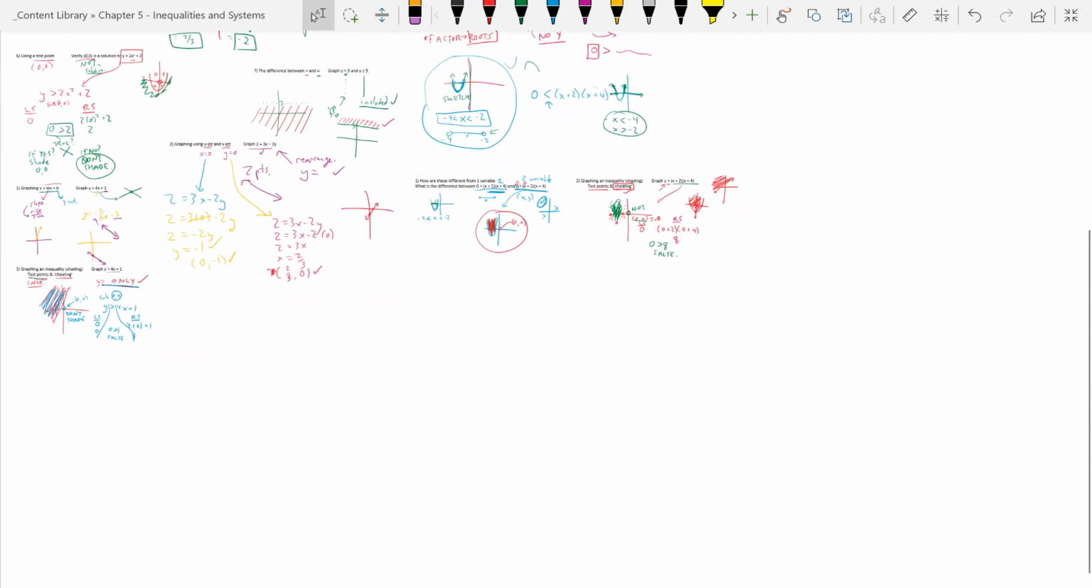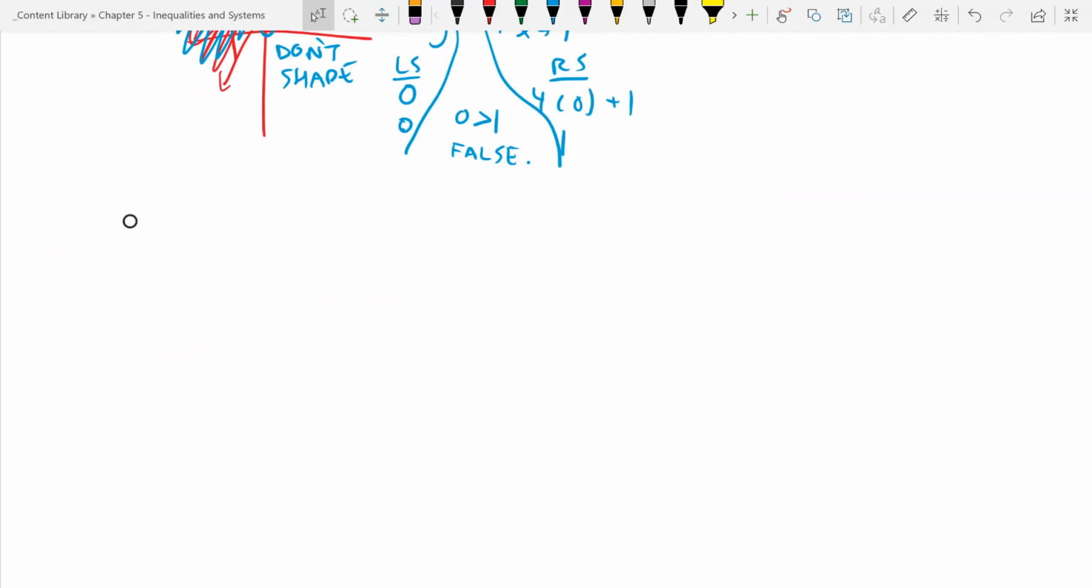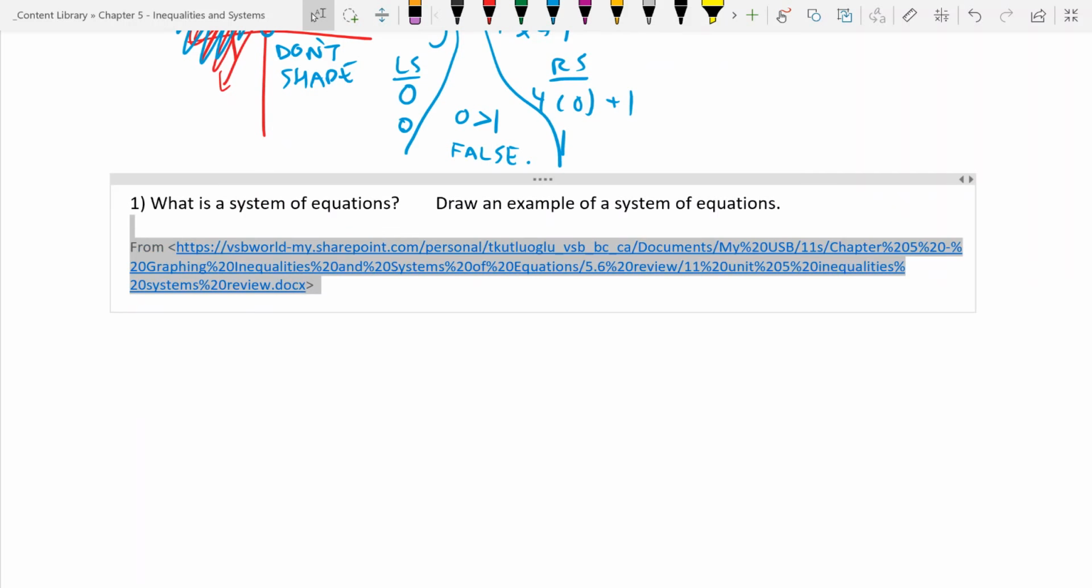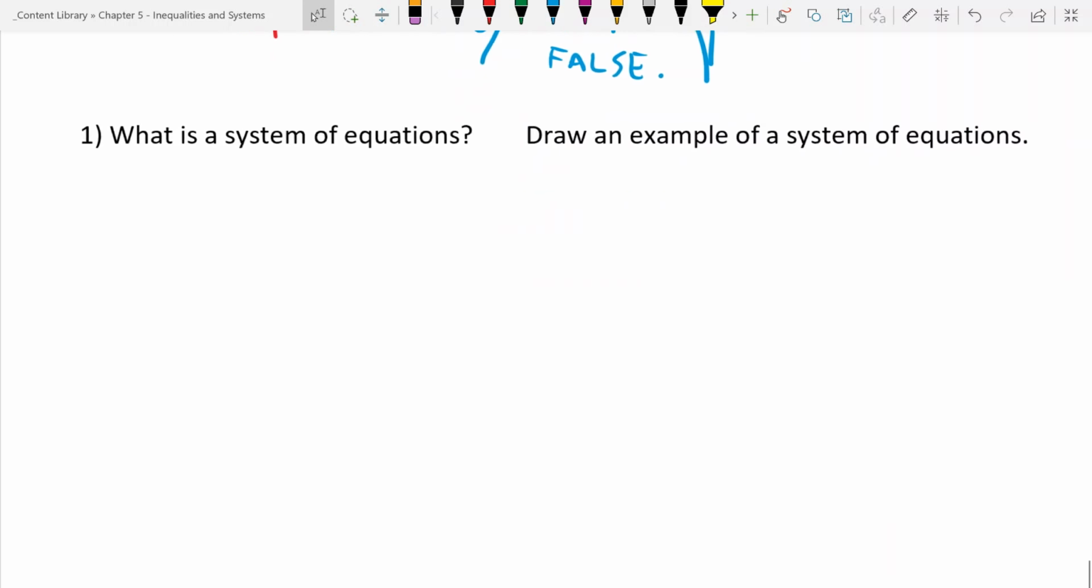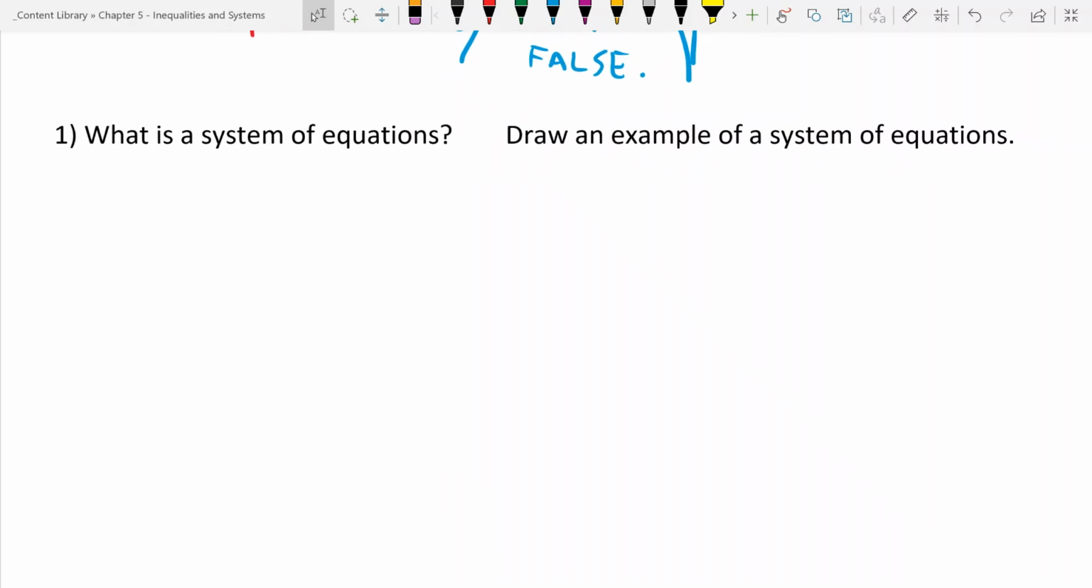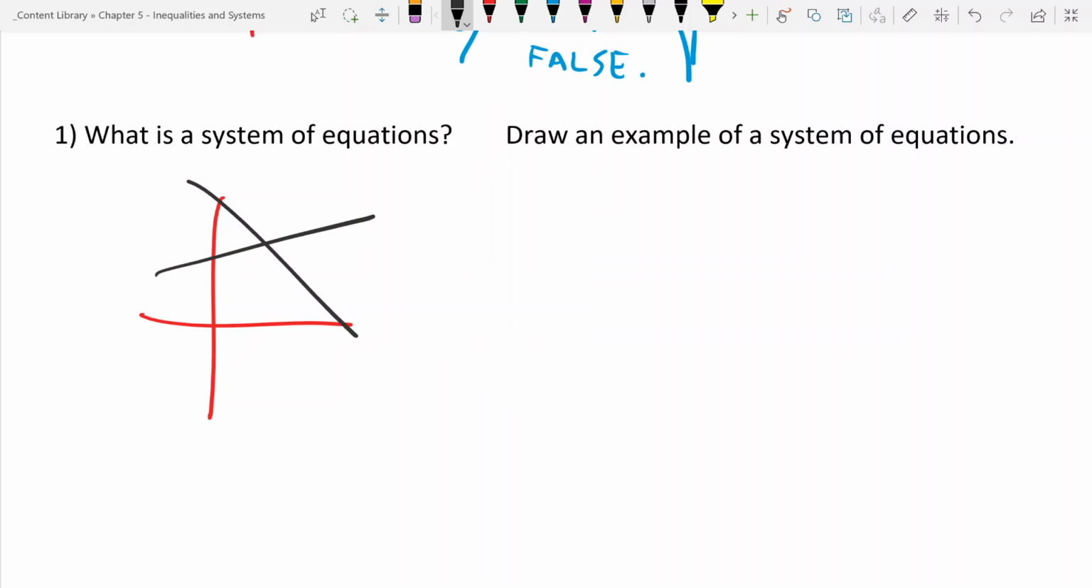All right. The next thing we're going to do is look at systems of equations. The basic idea of a system of equations is you have a graph, a Cartesian plane, and you have one line on it and another line. That's the definition of a system, multiple